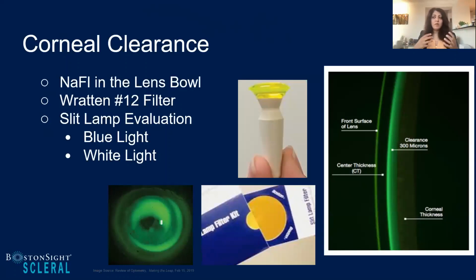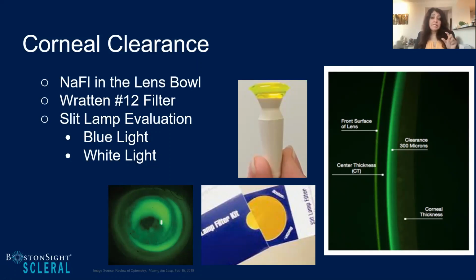When we start with just the initial putting a lens on the eye, if you put a little bit of fluorescein into the bowl and then put it on the eye, that makes it really helpful for you to be able to take a look at this central vault. With the fluorescein, having a Wratten filter in there makes it a lot easier for you to see the different zones, and it helps you to really bring that fluorescein to help it pop.